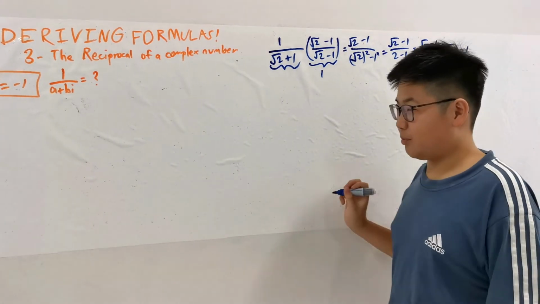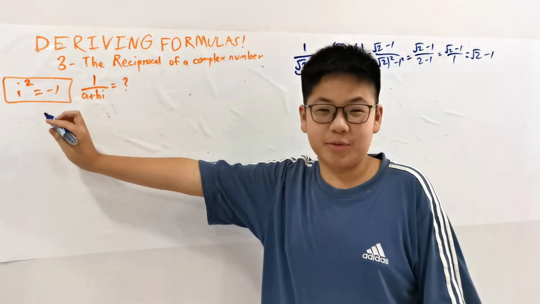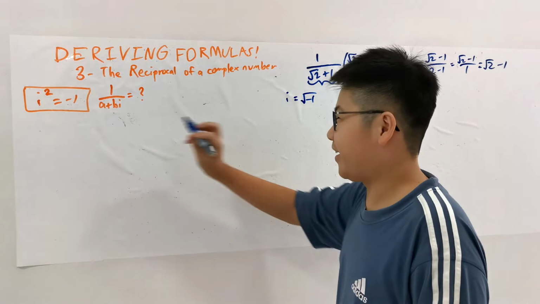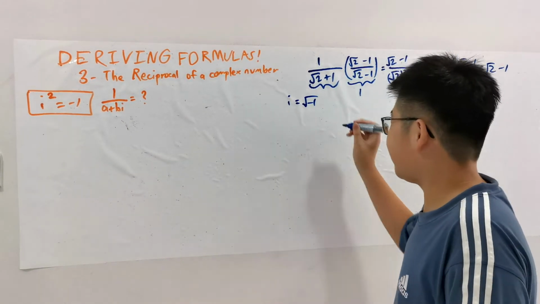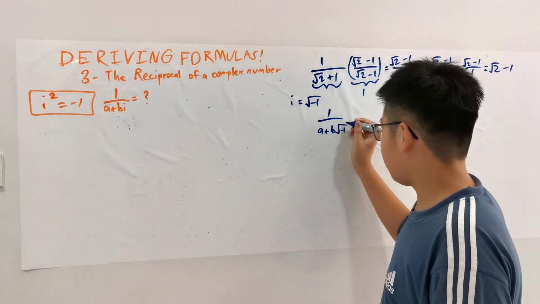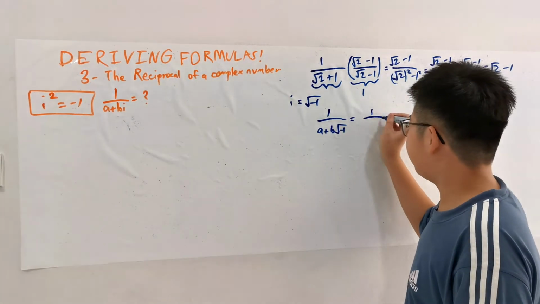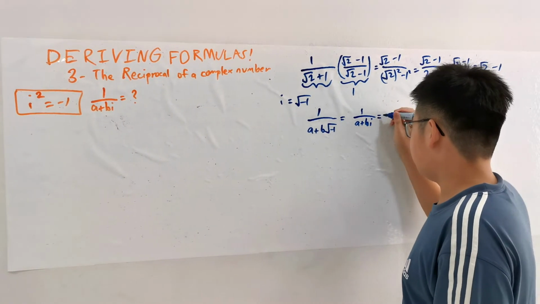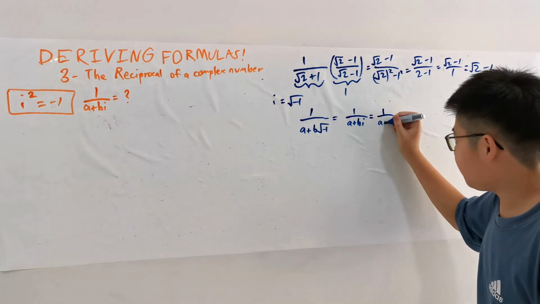There! That's our reciprocal. Now if you think about it, if i squared is -1, then i is the square root of -1. So we can think of a plus bi as a surd: 1 over a plus b root minus 1. Usually we just write i. What do we do? We multiply by another fancy one. This time,